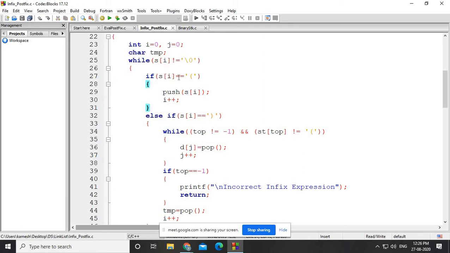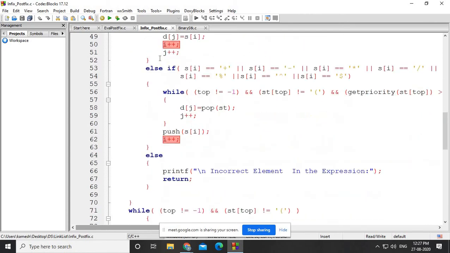Now one character you have scanned from the infix array, and that was an opening bracket. You have processed the opening bracket by pushing it into the stack. So now we have to go ahead with the second character. How can we do it? By increasing the value of i, that is i++. So now again, if the condition is true, the computer will not execute any else condition.